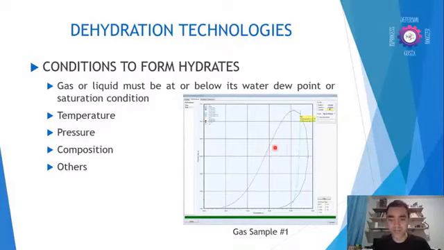and we have many vapor phase fractions here between 1 and 0. And we can see that there is a